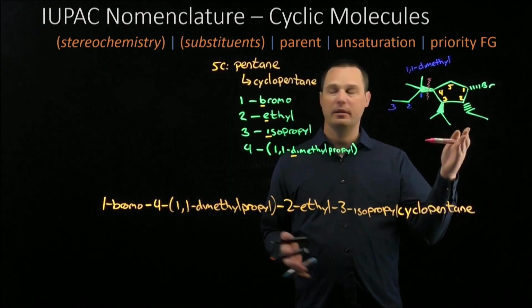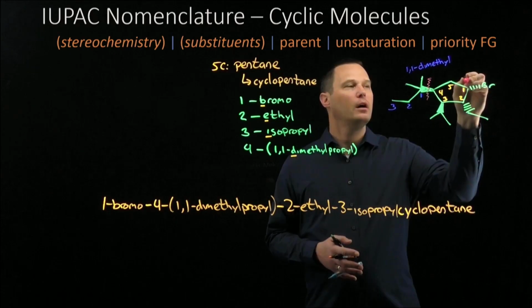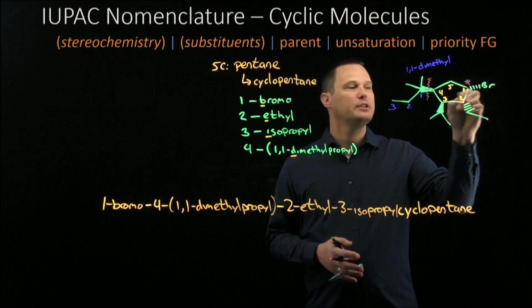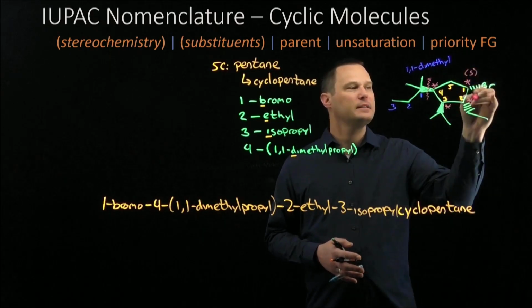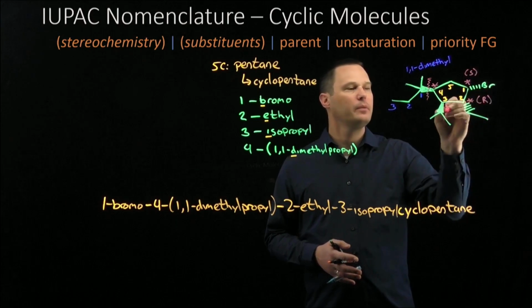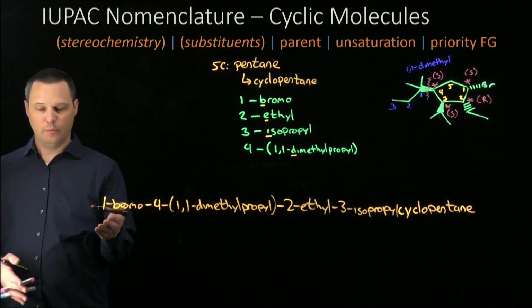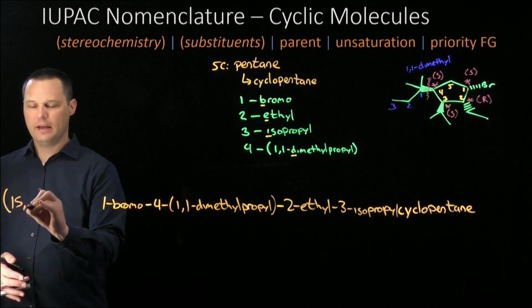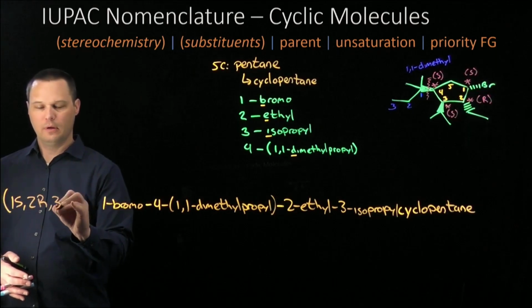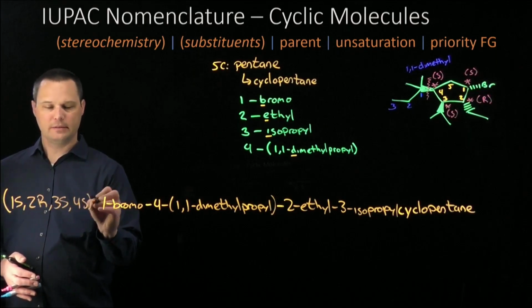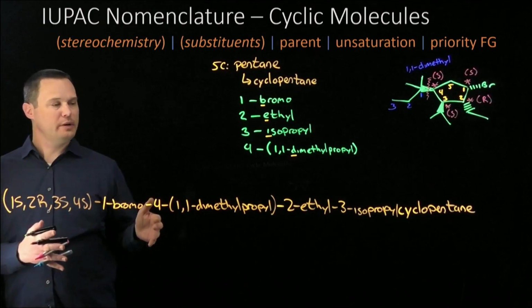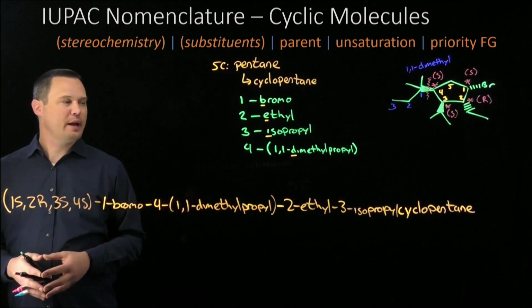Finally, we glance through the molecule to update any stereochemistry. All 4 of these positions are stereocenters. Carbon 1 is S, carbon 2 is R, carbon 3 is S, and carbon 4 is S. So we put them in numerical order in the front: 1S, 2R, 3S, 4S, 1-bromo, 4-(1,1-dimethylpropyl), 2-ethyl, 3-isopropyl